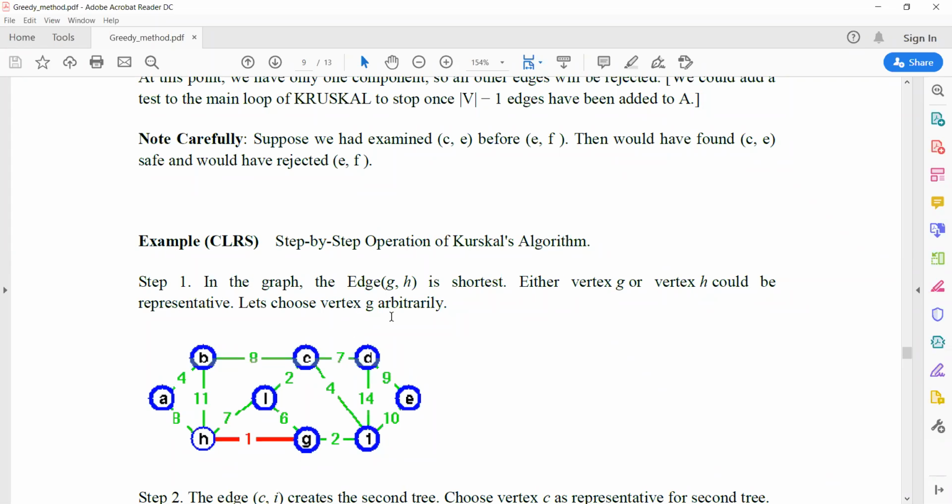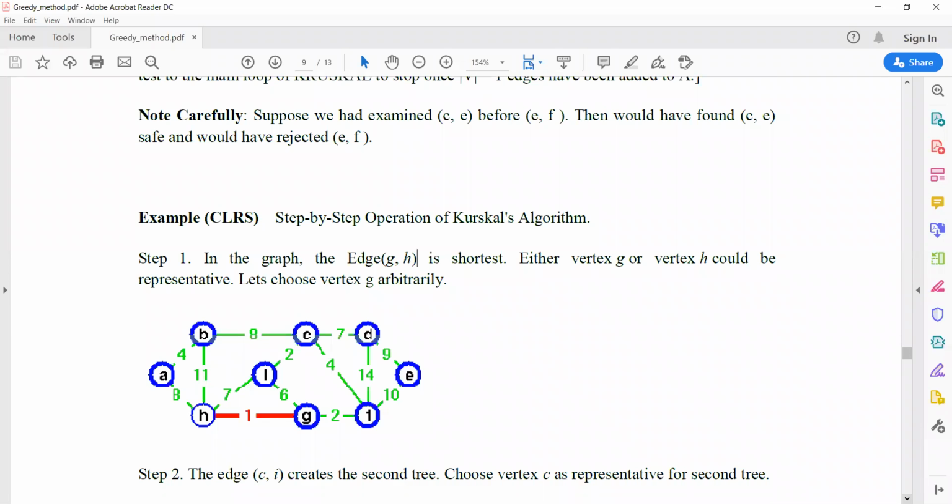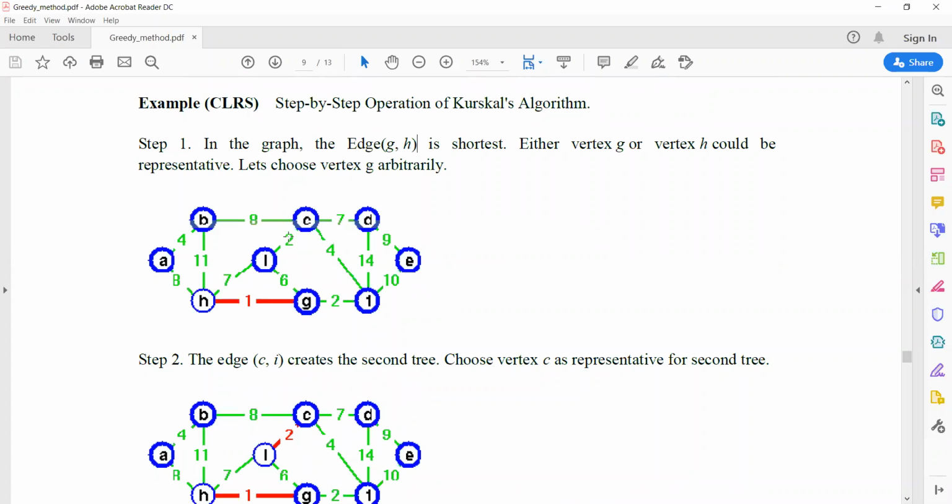And suppose that these are sorted. In the graph the edges are sorted, and whichever has the minimum cost, the shortest cost, is edge G to H, with cost 1. So I make it red, that I have taken care of. This edge is now connected. Now the next one is 2, and there may be several edges with 2, so I can choose any one. Here is the option that you can choose this one or this one. So if you choose the CI edge, then it is red.